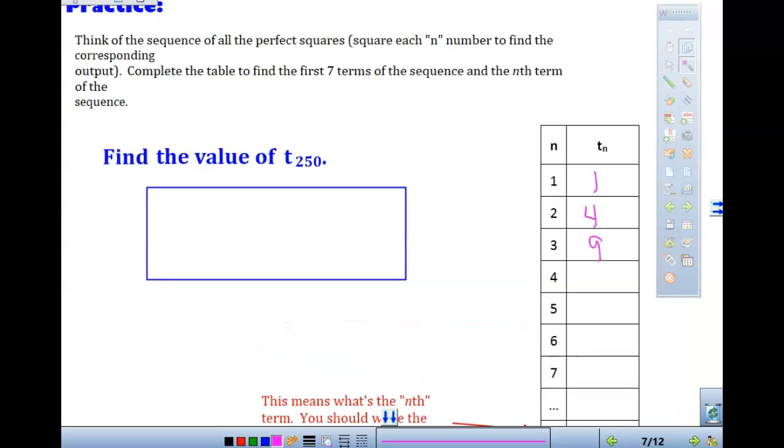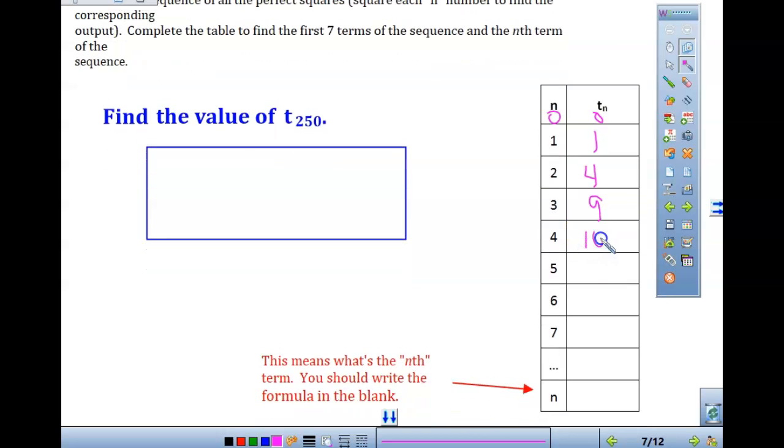Finding our nth term. If I had asked you to find the 0, what would 0 be? 0 would be 0, right? Because each time what we are doing here is writing those square numbers: 16, 25, 36, 49. Well, what if it's n? That means it is n